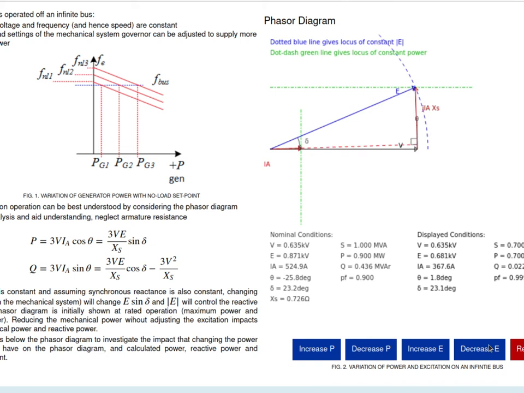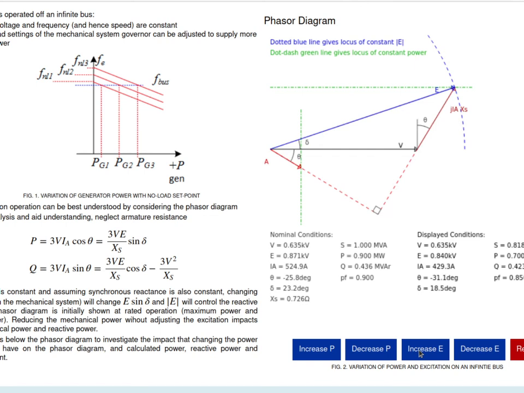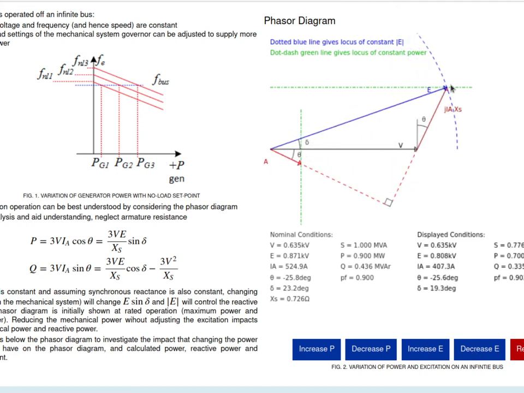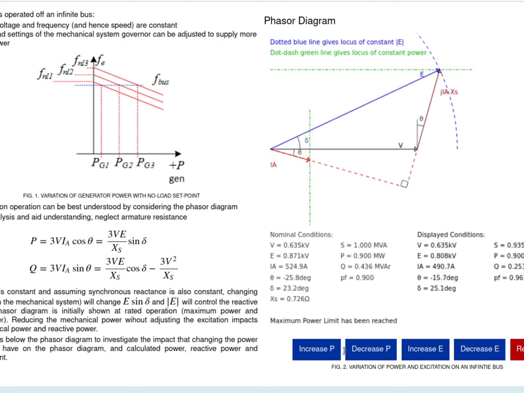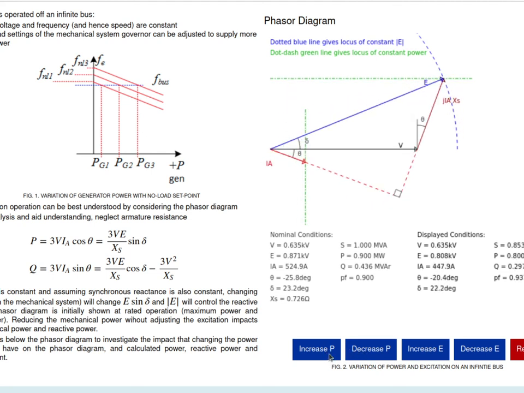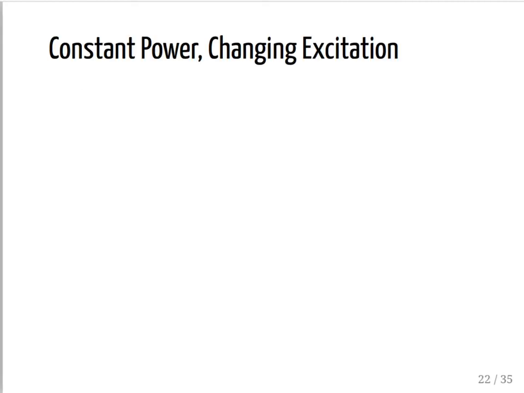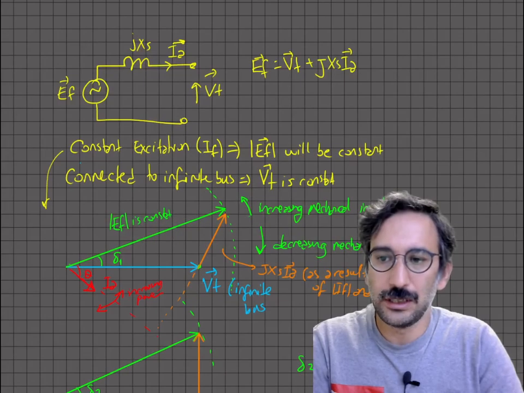There's a point which can operate at unity power factor, or I can apply more field current which will operate in the lagging power factor, or I can operate as a leading power factor. Or for the constant V, if I change the power, then all that thing is moving up and down. Please, play it yourself and have a look at the numbers, and then you will have a better understanding. So the second operation mode is the constant power with changing the excitation, and actually I already